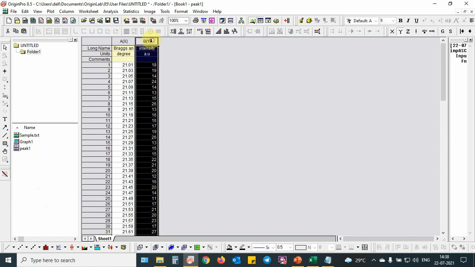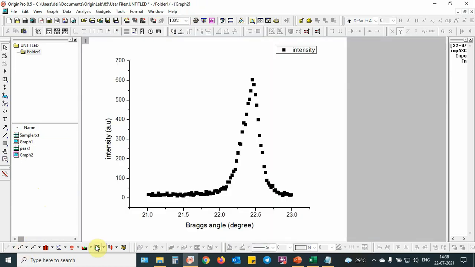After this we need to plot the data. We can see that we can still delete some of the left data, but it is fine.